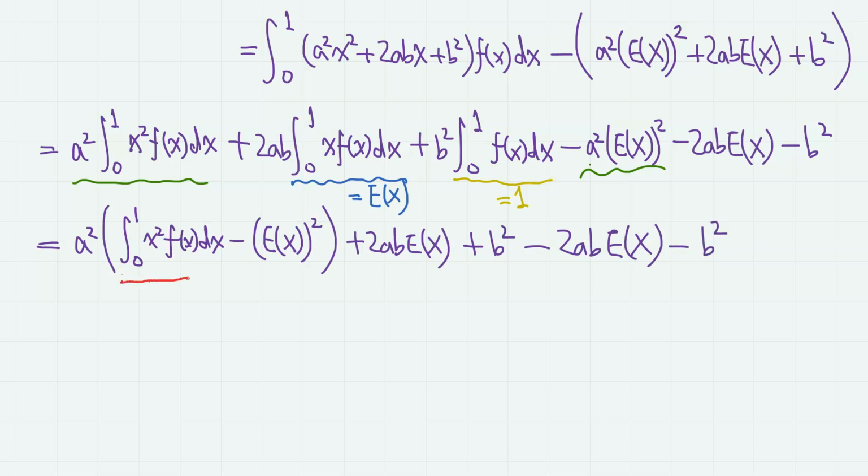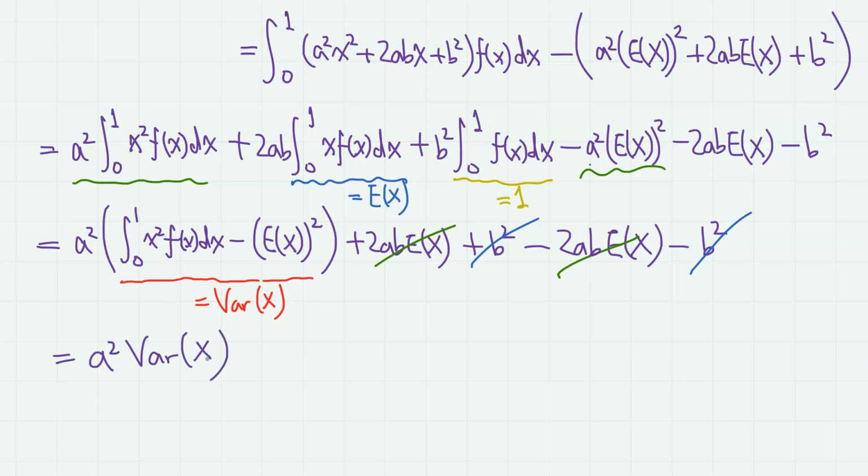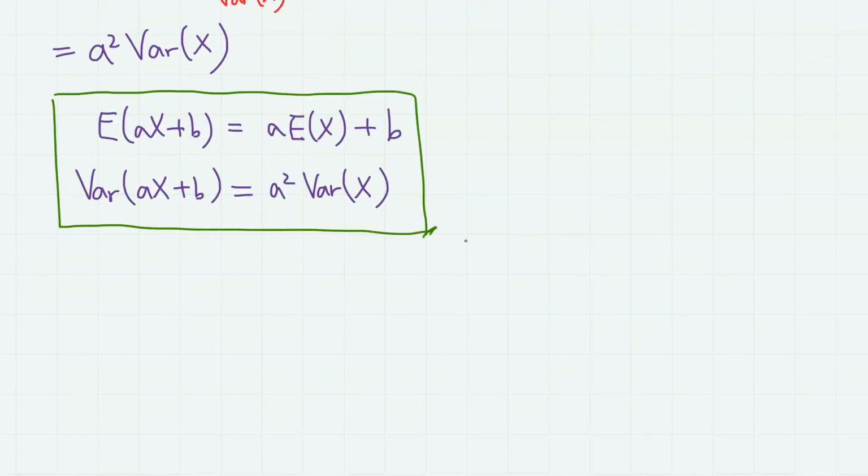Here, this part is mean of squared minus mean squared, so this part is simply the variance of X, and these two terms cancel out, and these two terms cancel out, so we have a squared times variance of X. So we have obtained these properties, and using this we can easily calculate the expected value and the variance of